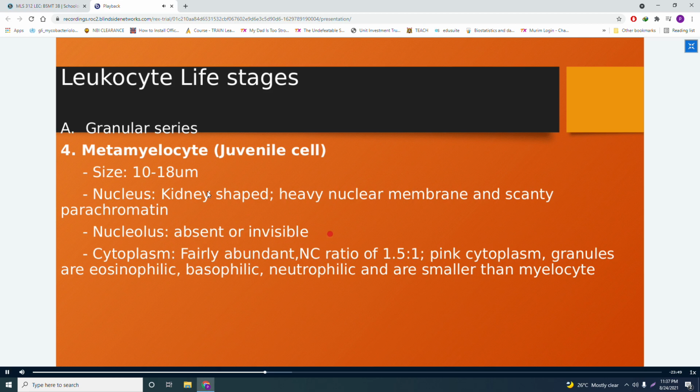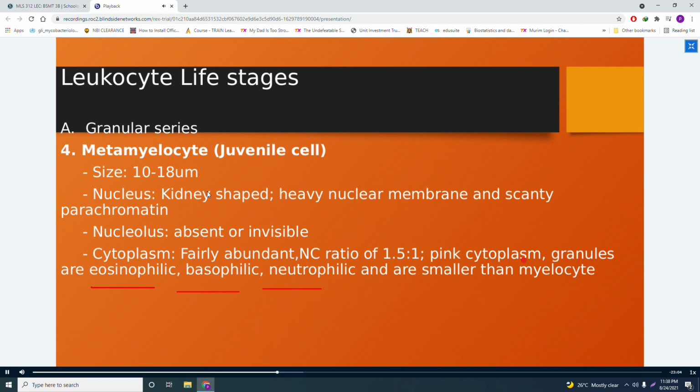And the nucleolus is absent or invisible. Na-notice nyo class, nawawala na yung mga nuclear material and nuclear parts ng cell. Dati from 2 to 5 na nucleolus, now it's absent or invisible. Then you have to take note of also the cytoplasm. Sobrang dami na siya or fairly abundant with a nucleus to cytoplasm ratio of 1.5:1 and has a pink cytoplasm. This is the stage where granules are starting to form. Your granules can become eosinophilic, basophilic, neutrophilic, and